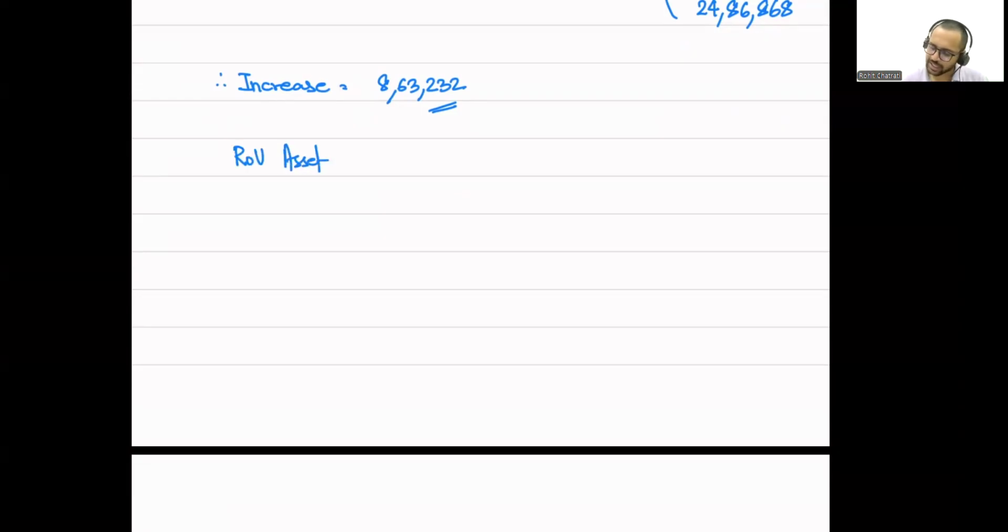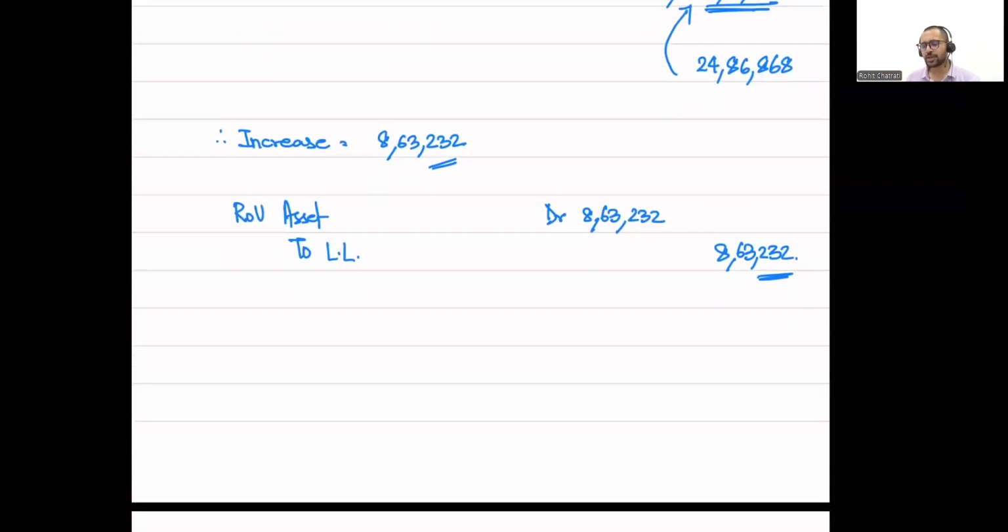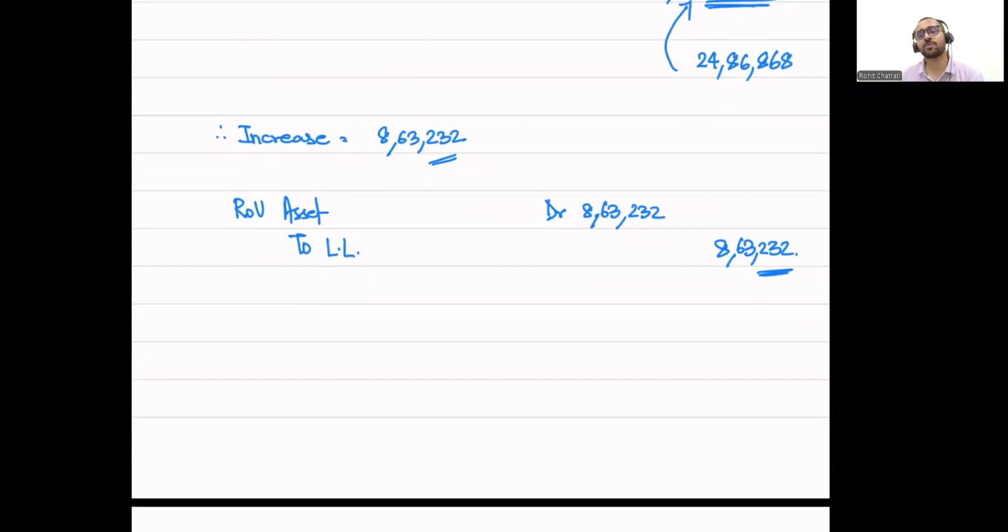When I'm increasing my lease liability, correspondingly I'm also increasing the ROU asset. So it's ROU asset debit and lease liability credit of 8 lakh 63,232. I'm not sure why there's an issue, the screen is paused, but it's 8 lakh 63,232. That is how you actually account for a modification in case of increase in scope of lease,